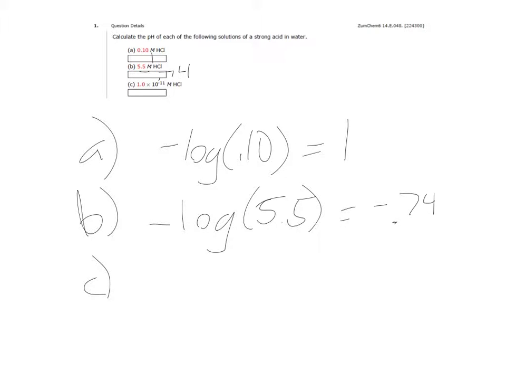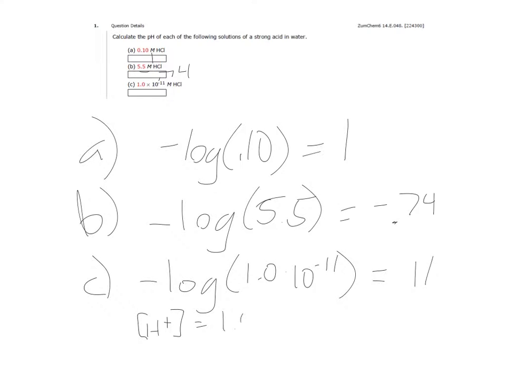In part C, here's the tricky one. You might start out by saying, okay, the pH of this solution would be, according to the format of the parts above, negative log of 1 times 10 to the negative 11th, and you arrive at 11. But remember that in an aqueous solution, the dominant species is always water. Water produces more hydrogen ions, in this case, than even the strong acid does. Because water autoionizes,